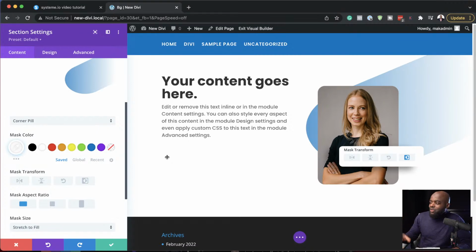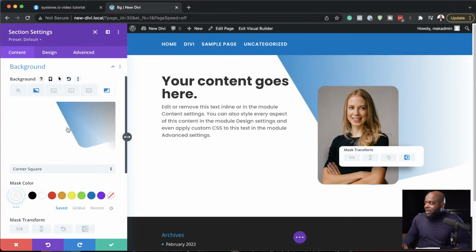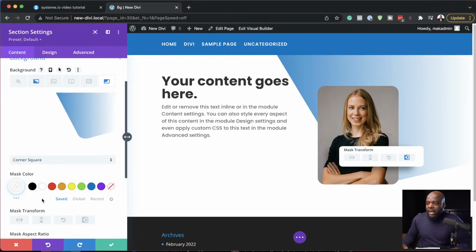It's also highlighting where my image is here. So I really like that. I think that's really cool. Let's go and choose other ones. So we also have this one right here, which I also think is good. So now that we have our shape, what we can do is we can go in and start playing around